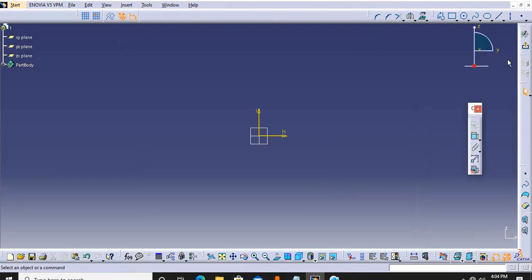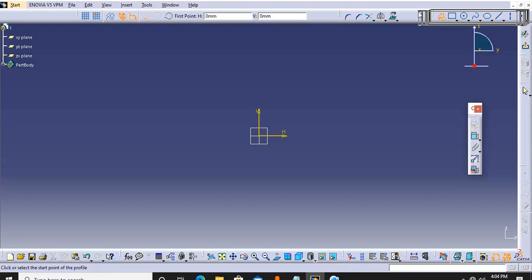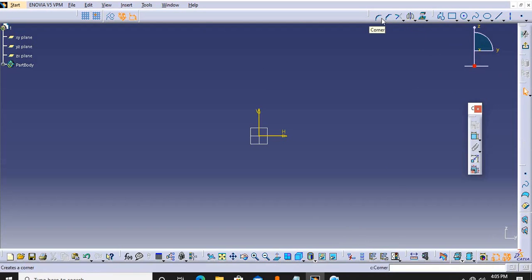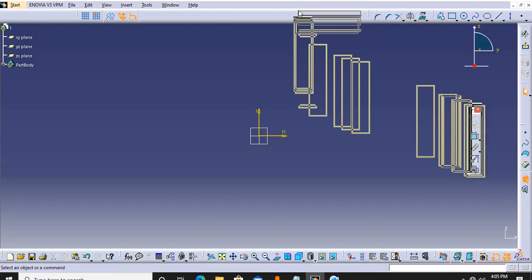Now this is the Sketcher toolbar. Under the Sketcher toolbar, we make our 2D sketch or 2D geometry. Later we will add material over it, remove material and do other kinds of 3D modeling and designing over it. Now the bottom toolbar remains as it is, as in Part Design or in the first view. Now these three toolbars have changed. These are the three toolbars which are related to our Sketcher workbench.